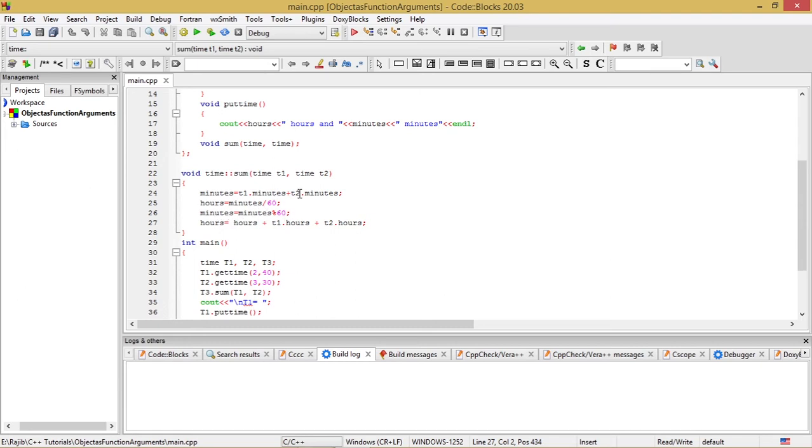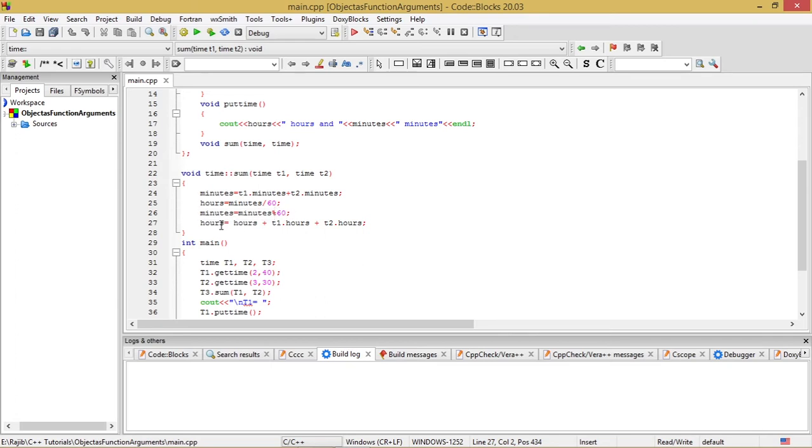For the sake of simplicity, let us understand that these two add up to about 80, and 80 divided by 60 means 1 will be assigned to hours, and 20 will be the remainder, and 20 will be assigned to minutes.